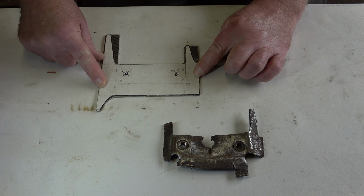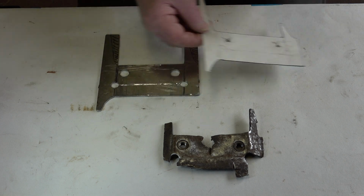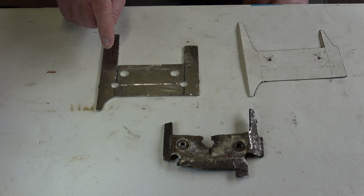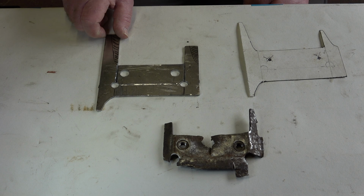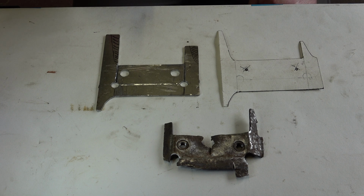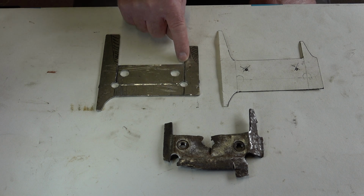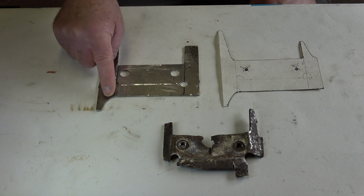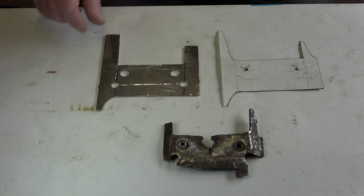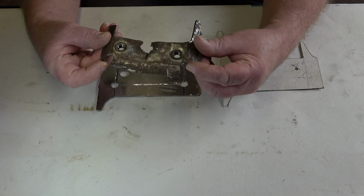So as you can see, I transferred the measurements onto there, and then I cut it out with a cutting disc on my angle grinder. Then I went ahead and marked on where the line should be: one bend there, one bend there, and one bend there. And as you can see, the hole here